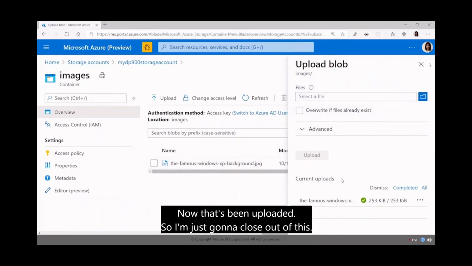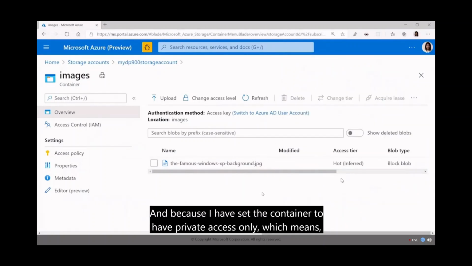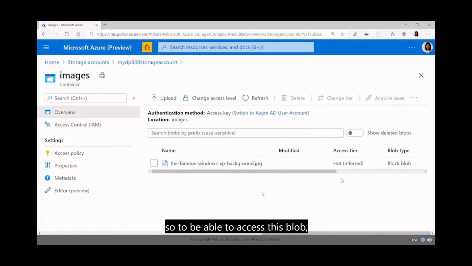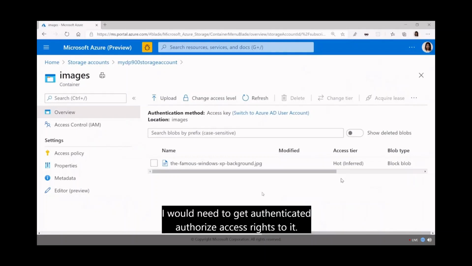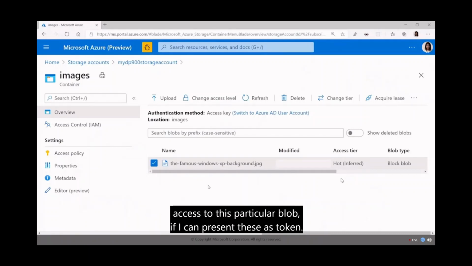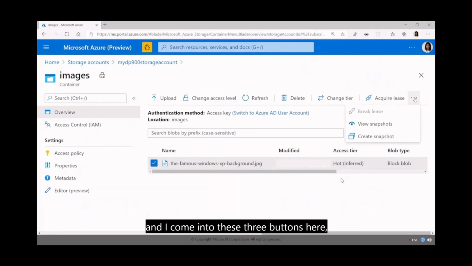Now that's been uploaded, so I'm just going to close out of this. And because I've set the container to have private access only, which means there won't be any anonymous access at all, to be able to access this blob, I would need to get some sort of authenticated or authorized access rights to it. So what I can do is grab a SAS token, which then gives me a time period with which I get authenticated access to this particular blob if I can present the SAS token. So if I select this and I come into these 3 buttons here,